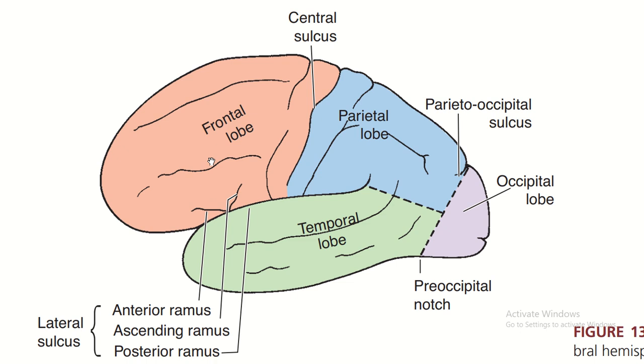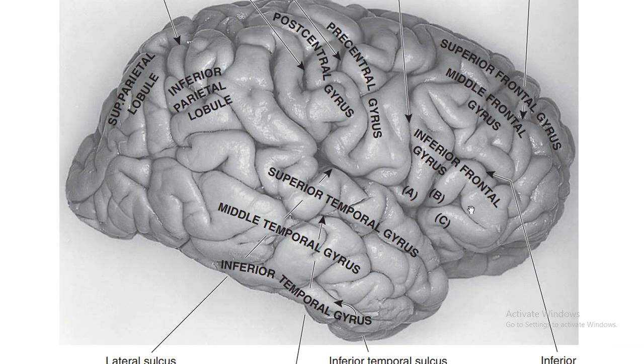They are very important as far as the inferior frontal gyri is concerned, because you're going to see that these anterior and ascending rami are going to divide the inferior frontal gyri into 3 portions. Let's take a look. Right. So right here, this is your central sulcus, this is your frontal lobe, and then this is your lateral